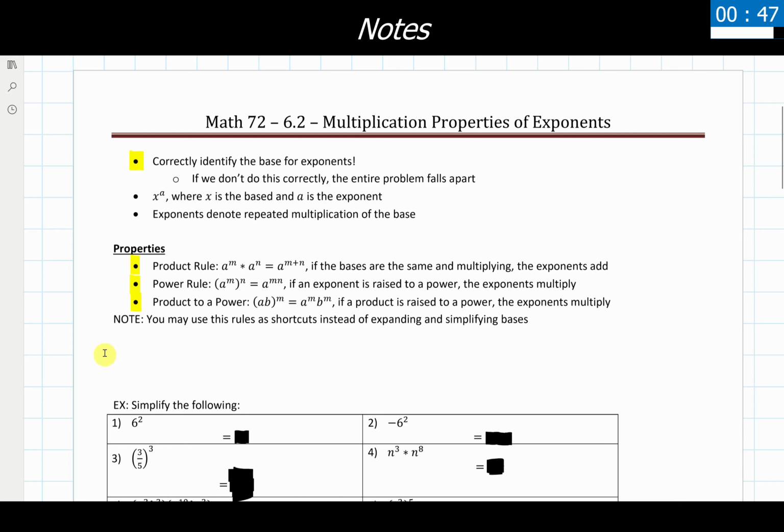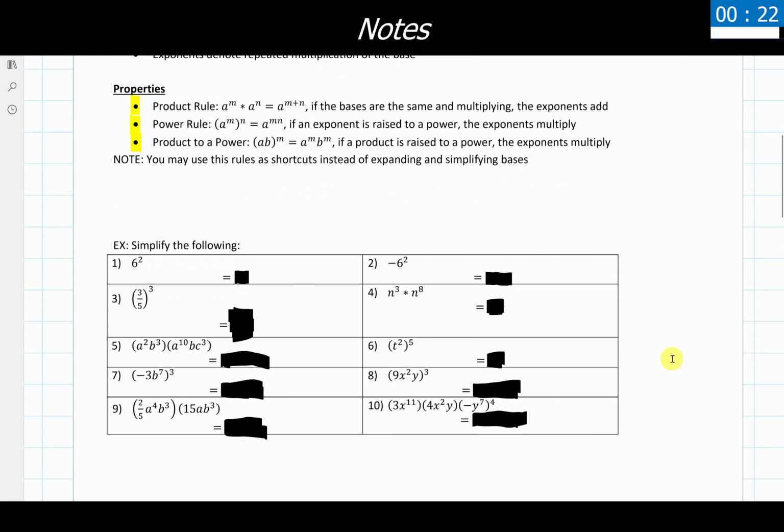So, the last note that I will make with this, you do always have the nuclear option of always expanding out and simplifying the bases. I'll show you what I mean by this with example 4, and there's nothing wrong with it, but I will find very oftentimes that people get these wrong because we get so many things written out and it becomes a little bit messy. So keep that in mind as we take a look at a couple of these examples here.